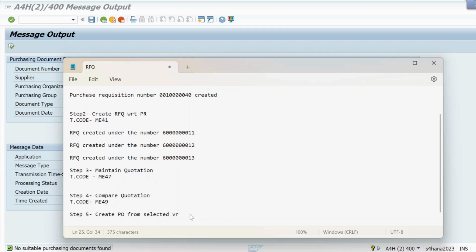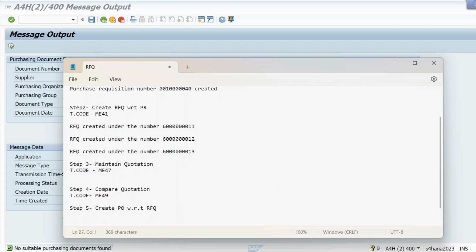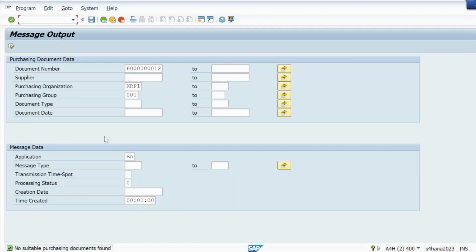So we will try to create a PO. Better to write create a PO with respect to RFQ. So we will create a PO with respect to RFQ,